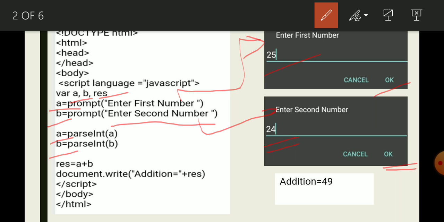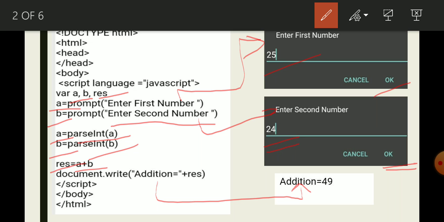After the parseInt function, number values are stored inside A and B, and then we perform the addition A plus B, store it in the variable res, and using the document.write statement we can display it on the web page.